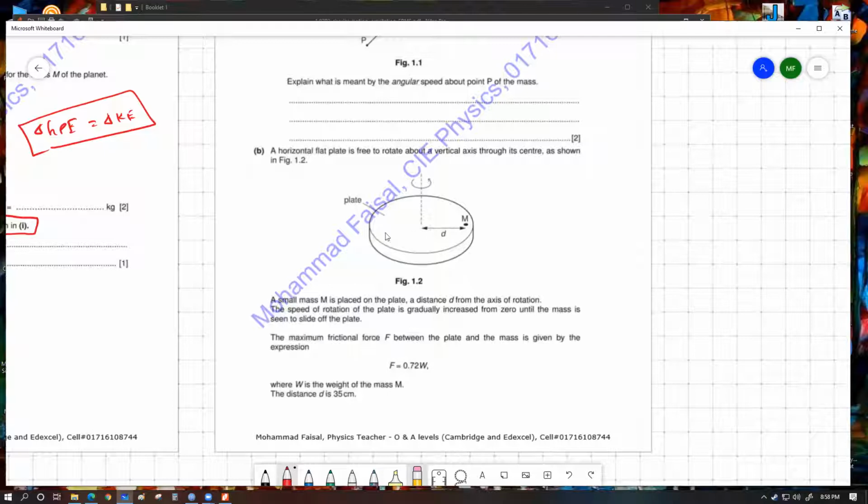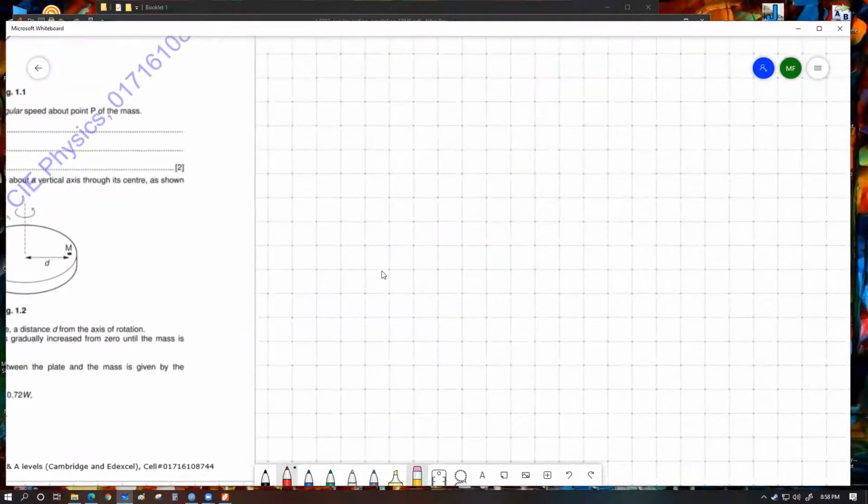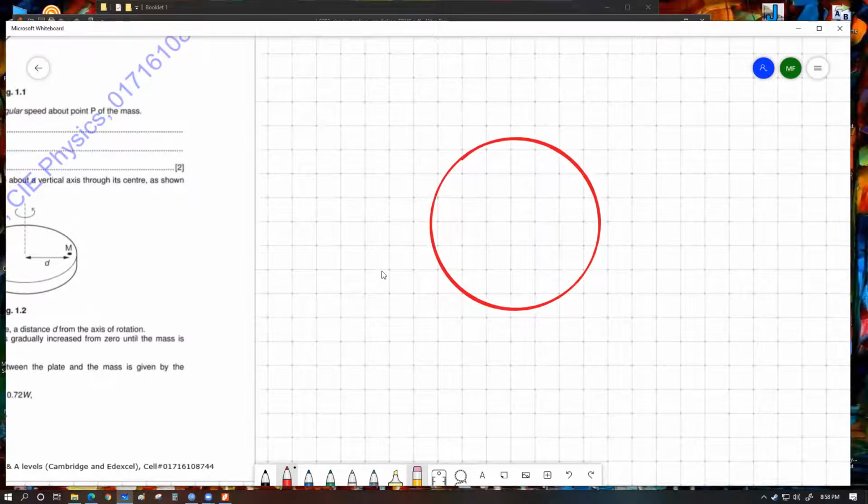Now, if you wonder why the mass should slide off, this is a part that I would like to discuss. Here is the deal. If I draw the top view of this setup, let's say this is the disk, the top view, here is the center of the disk. Let's say the mass is over here. As the disk rotates, at every single instant, if you're speeding it up, it is going to require some significant change of the centripetal force. Slowly, this linear speed is going to become bigger and bigger. So I'm trying to draw increasingly bigger arrows with equal distance apart. Let's say this is the trajectory of this mass, and it goes on in a circular path with a radius